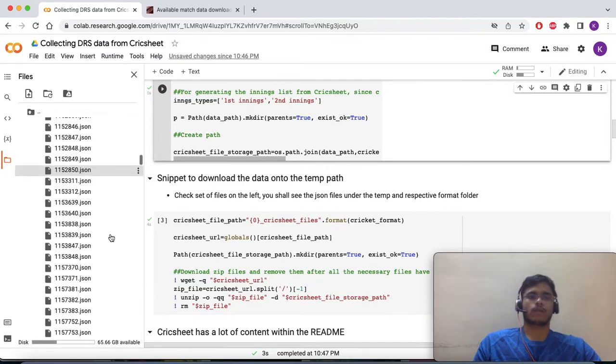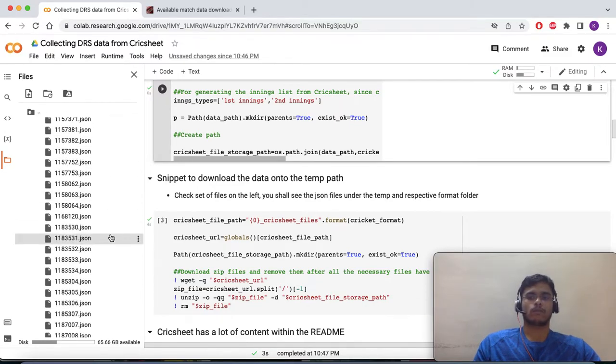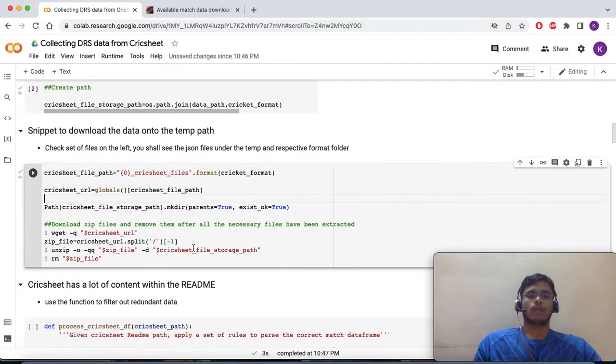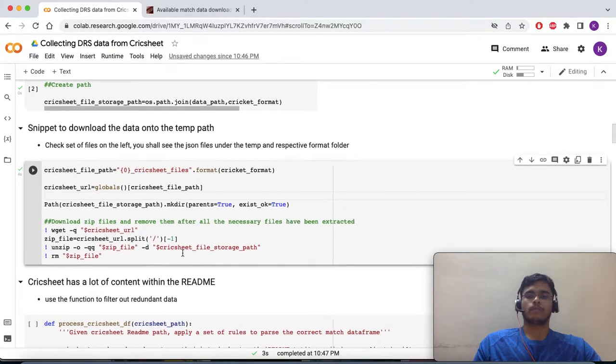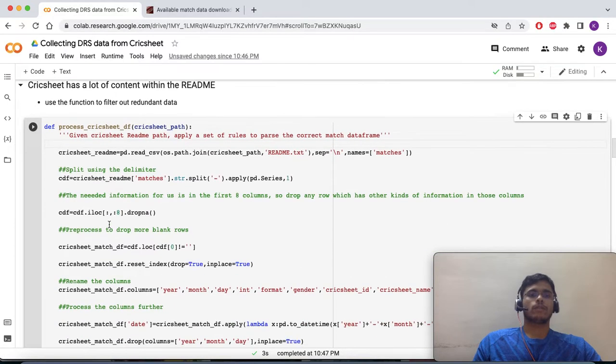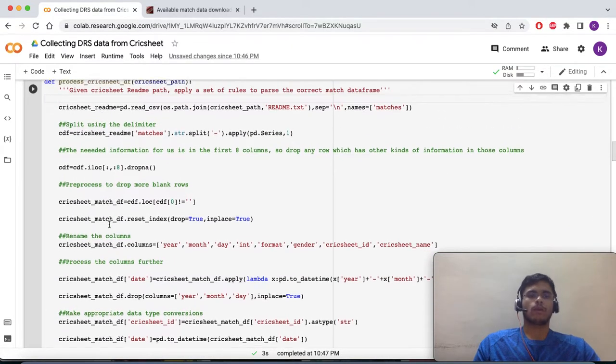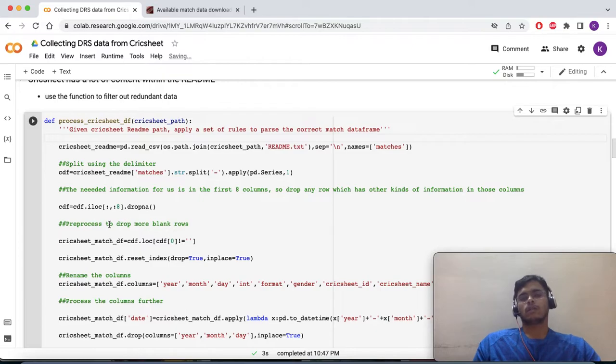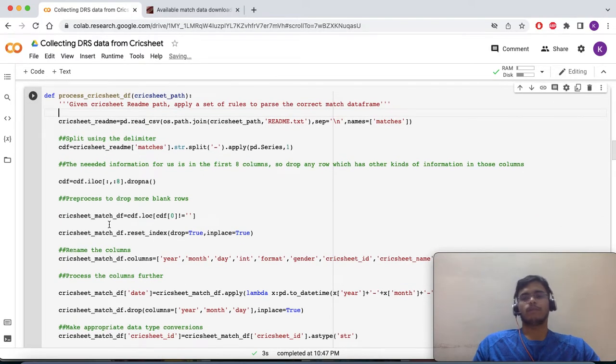So if you lost track of what that JSON file looks like, do check out the previous video so you'll get some context again. So all the files are now inside the temp directory under the test folder. So the next function, it's a pretty big one, but essentially what it's doing is, so I've been playing